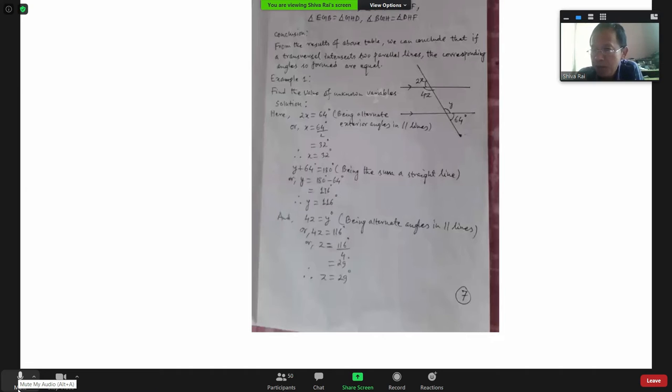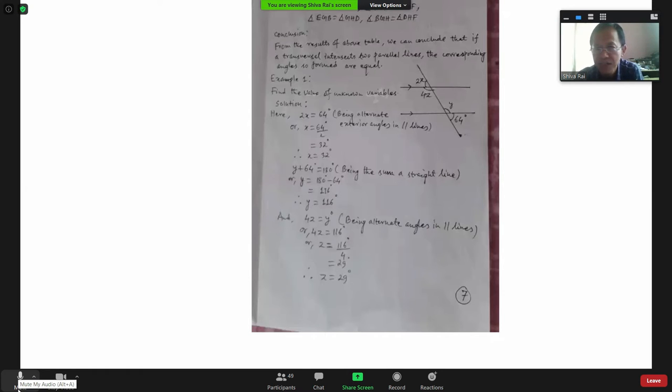But you have learned another reason also you can give. Being linear pair also you can say. Are you getting me? Yes, sir. Most of you are familiar about linear pair. But why give always the same reason? Give different reason also. Learn different things also. If you are always learning the same thing, you are not learning new things. So here I am giving a little bit different reason. The thing is same. Being linear pair also you can write, but let's give a new reason also. So being the sum of straight line.